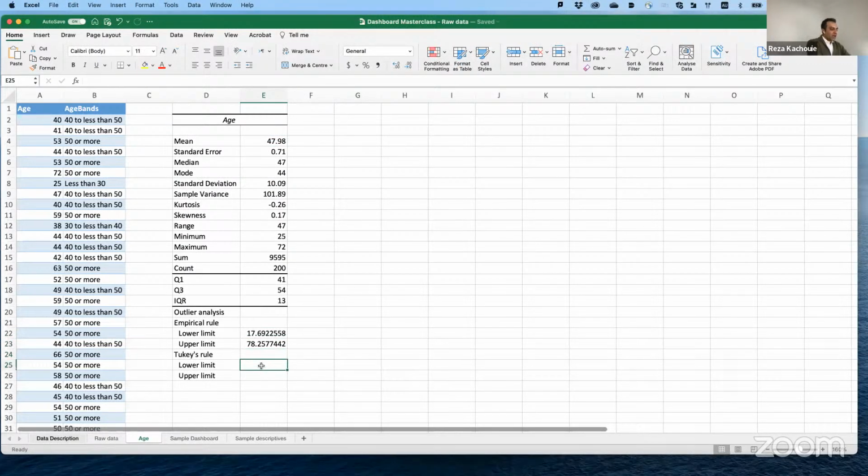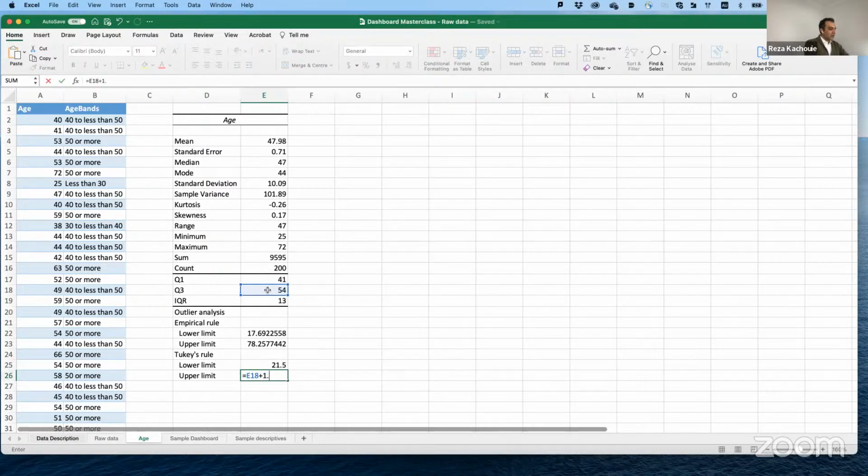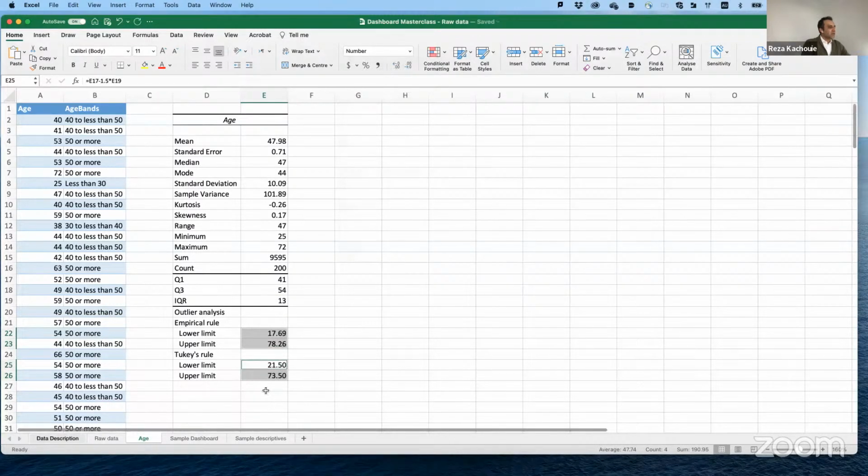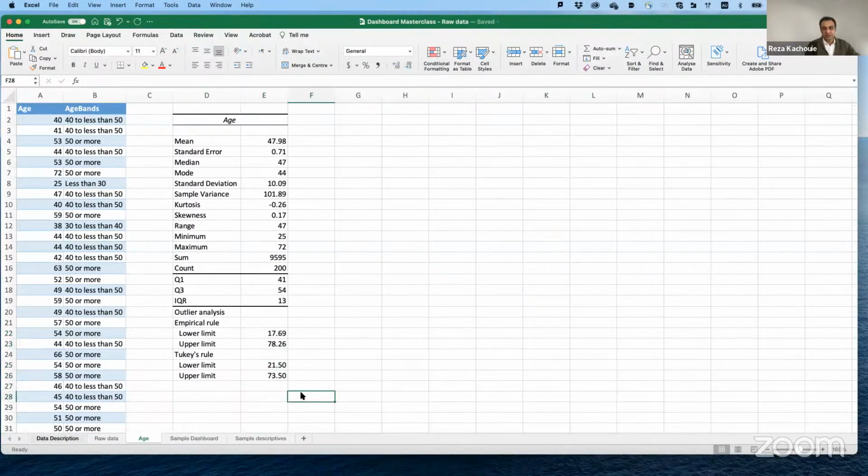Then for Tukey, we have Q1 minus 1.5 times our IQR, and Q3 plus 1.5 times our IQR. Then we can format these values to numbers. Now we have these values.